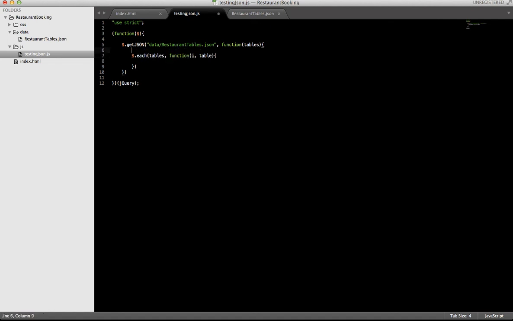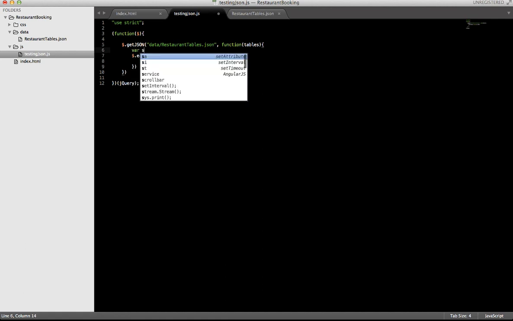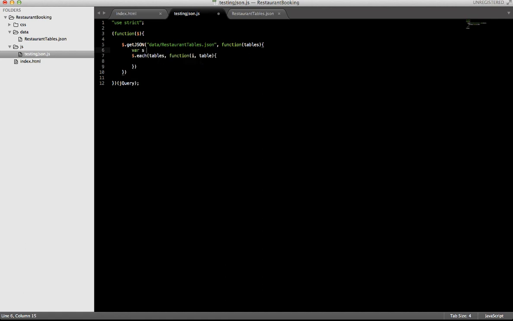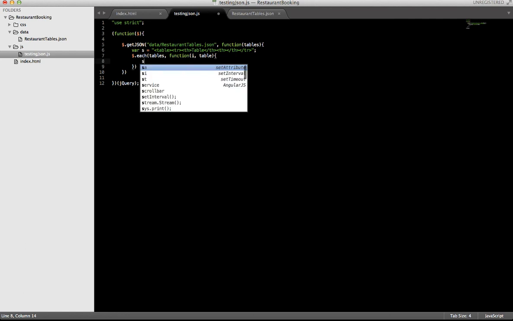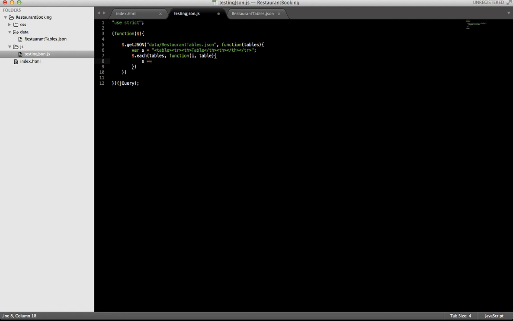In order to do that, I would like to make a variable before I go through the tables, and I will name it s for string, and it will contain a table. I'll just have a table row with some table headers, and these table headers will be table, and then I need to have a column for my button. So this would be my structure, and for each of my tables I would like to add to this string